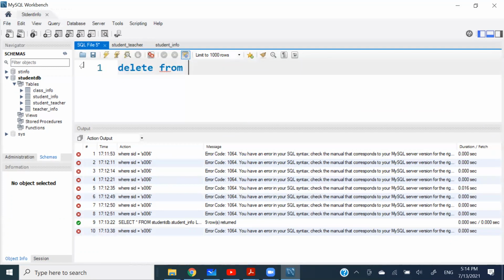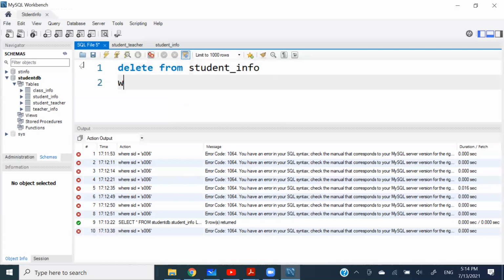DELETE FROM student_info WHERE SID = 'S006';